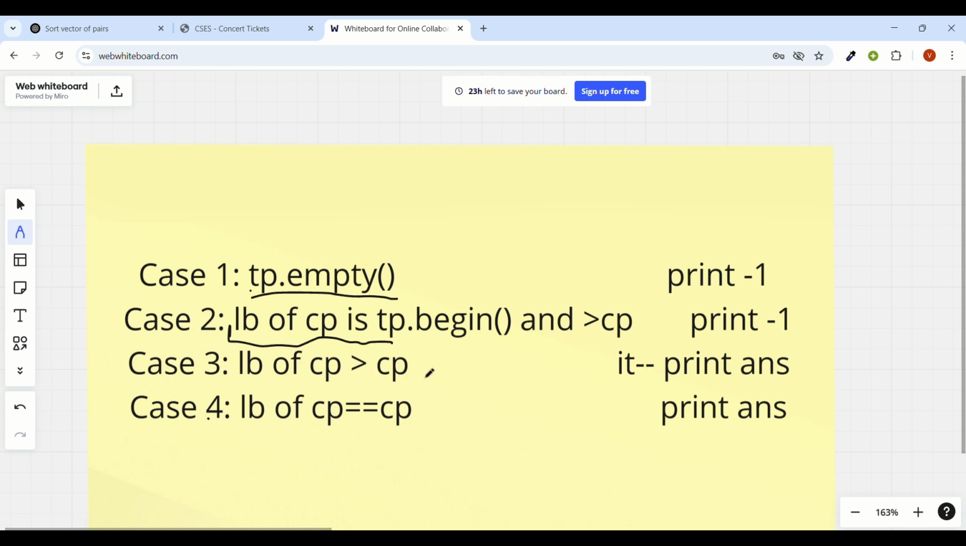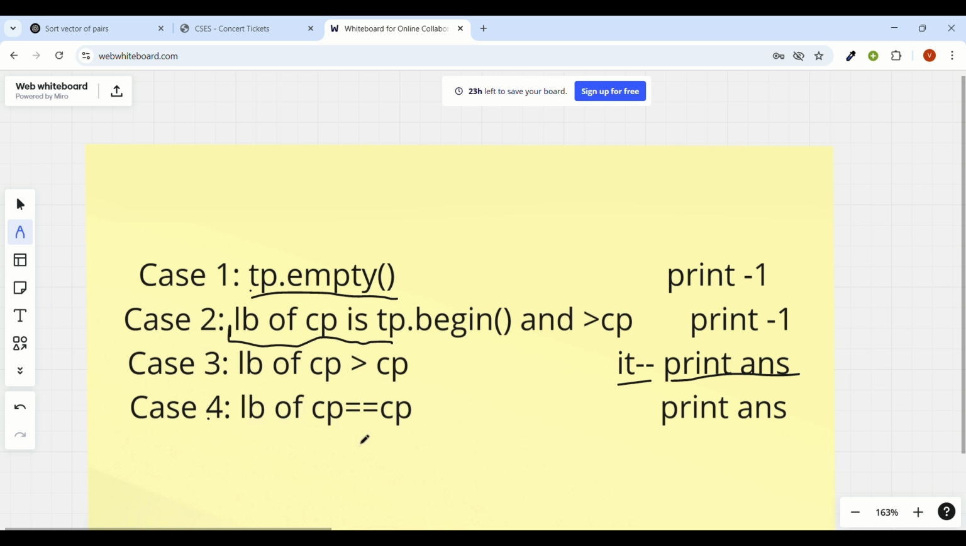That means the ticket which we found is not affordable by the customer, but it is not the first element. So that means the ticket before this ticket, the ticket whose price is just lesser than this particular ticket, would be satisfying for this customer, would be affordable by this customer. So we will decrement our iterator in that case and then print our answer, because the ticket price is greater than what the customer is willing to pay, but the ticket previous to this ticket would be